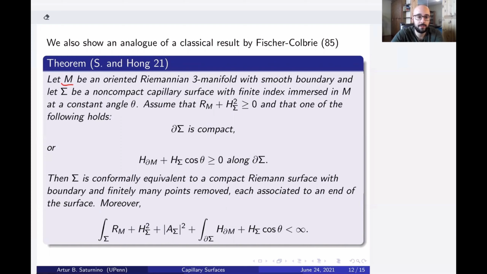So we assume that M, again, is an oriented Riemannian three-manifold with smooth boundary. And I can assume now that sigma is a non-compact capillary surface with finite index. So finite index means either finite weak index or finite strong index. They differ by 1, so one is finite if and only if the other one is. Again, immersed in M with constant angle theta, and we assume that